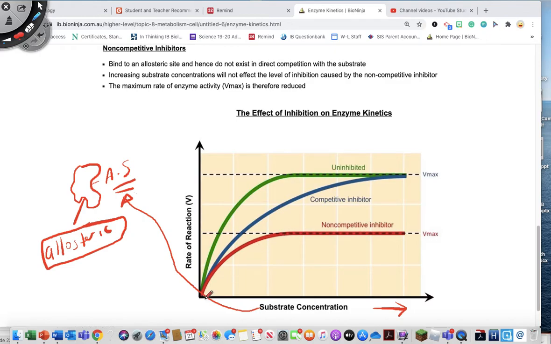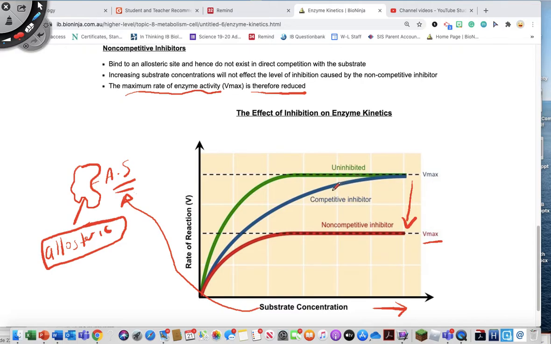Notice that in a non-competitive inhibitor rate of reaction, the Vmax is going to be at a reduced level. So the maximum rate of an enzyme activity when you add a non-competitive inhibitor is therefore going to be reduced. It's going to be much slower than an uninhibited